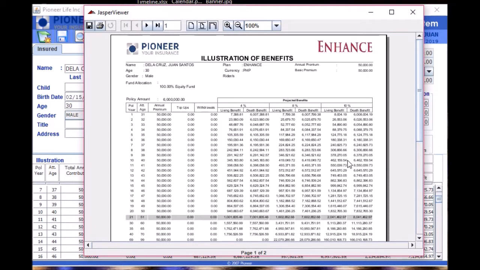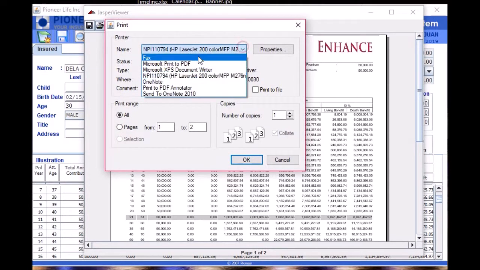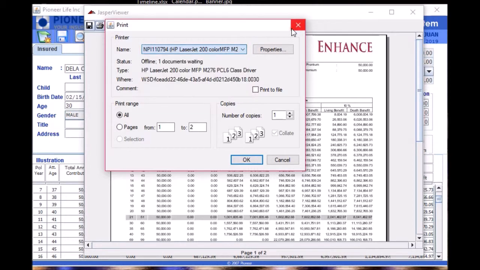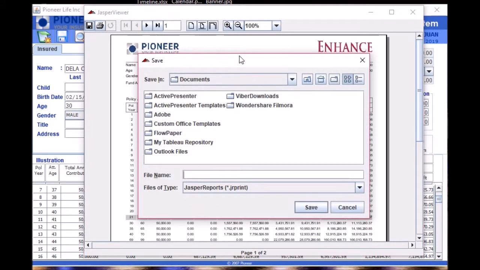All right. Now, if I want to print this directly from my computer, I will just have to click on the printer button on this particular window and choose the connected printer to my computer. Now, if I just want to save this and maybe print this on a different day when my client and I are going to be meeting up already, then I can just save this by clicking on the save button right here